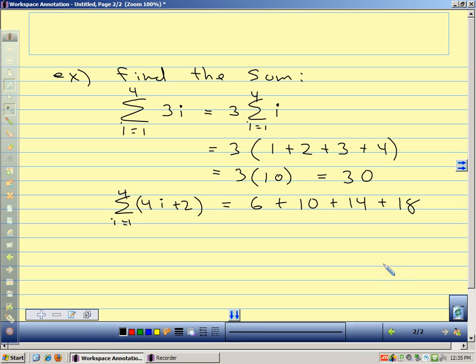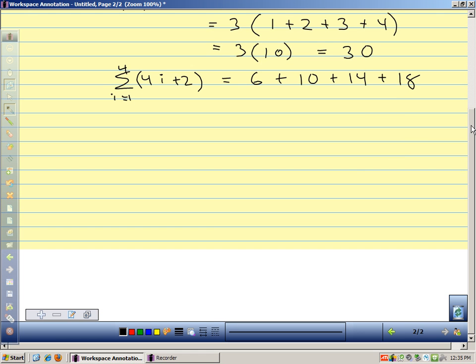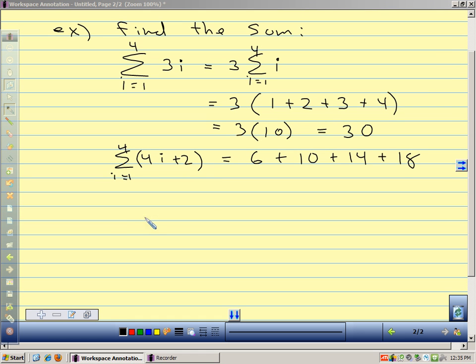So this is all summation notation is telling me to do. Take each term, add them together. Does that make sense? Let's look at one that's just a little more complicated, just to see how we work with the summation notation. If we want to find the sum